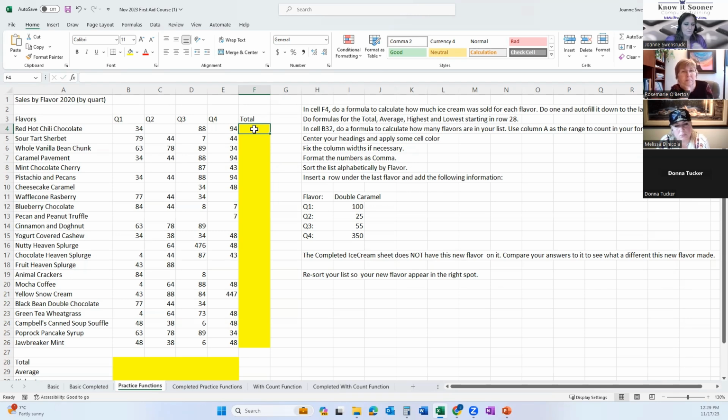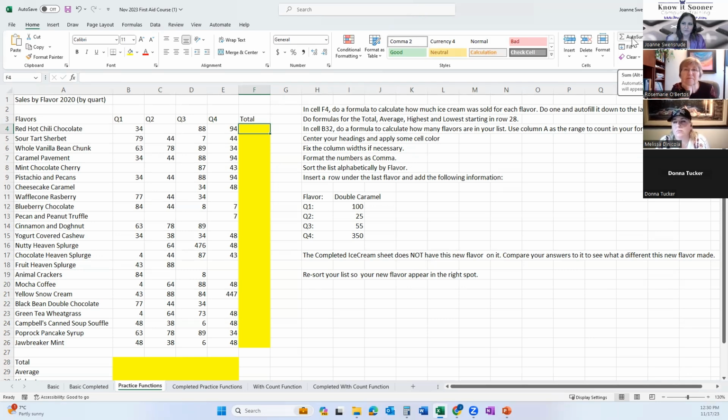I'm going to click where I want my answer to go. I would like to know the total red hot chili chocolate quarts of ice cream. How many did I sell? So I click where I want my answer to go, and then reach over on my toolbar to auto sum. Yours might say auto sum, or it might just have that little character.